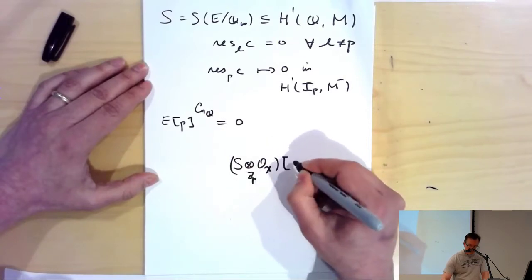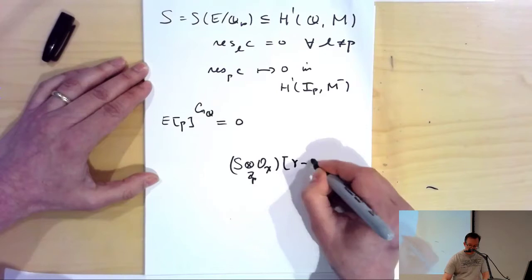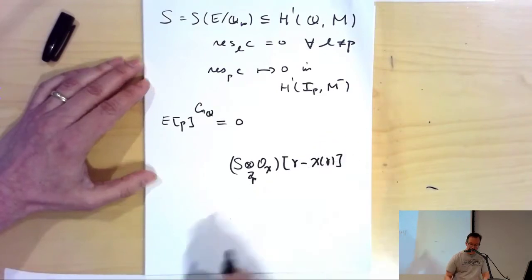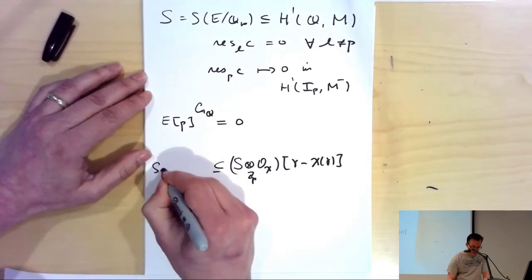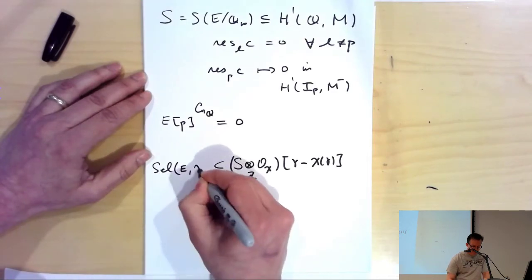And if we look at the submodule where gamma is acting by chi of gamma, then inside here we have the Selmer group of E twisted by chi